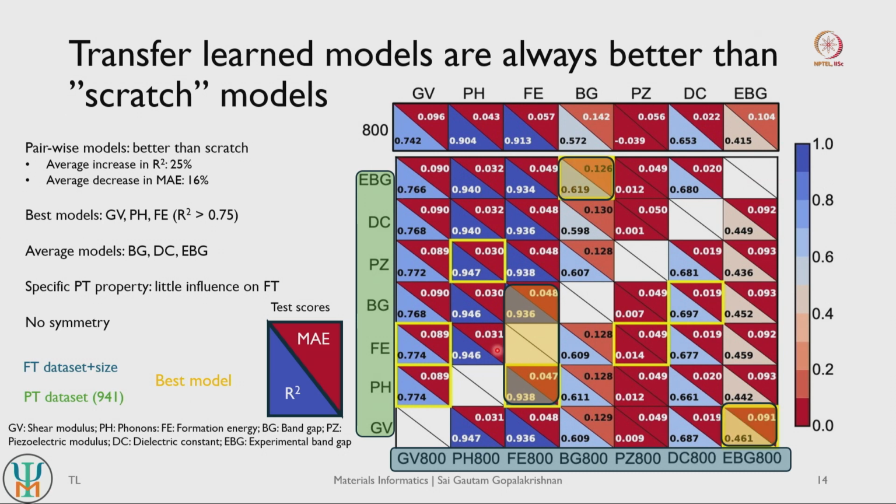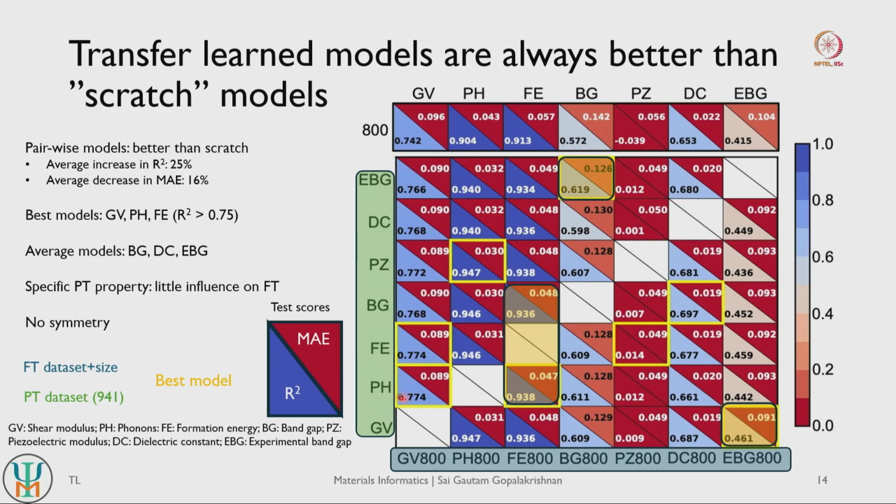The other interesting thing that we found was that there is no real symmetry between which data sets during pre-training give you the best performance during fine tuning and vice versa. What I mean by that is, let's say you are trying to predict experimental band gaps here. The best performing model is when you pre-train with shear modulus and then you fine tune with experimental band gap. So that's when you get the best performance. So for predicting experimental band gap, you need to pre-train with shear modulus. But the vice versa is not true. Let's say you pre-train with experimental band gap. The best performing model you get is actually for computational band gaps, not for shear modulus.